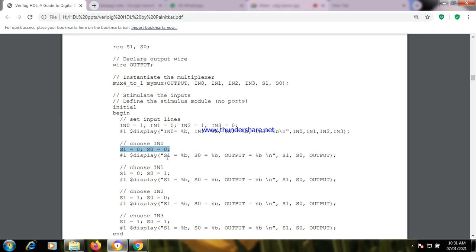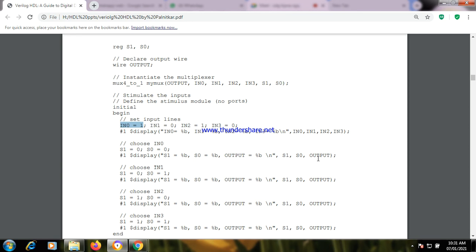We are displaying S1, S0, and also the output. The select lines will be 0, 0. And what about the IN0 value? Initially we have set the value for IN0 as 1. So the output will be 0, 0, 1.